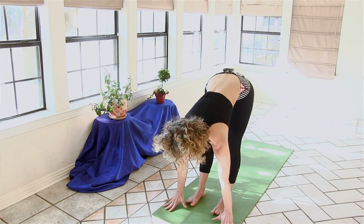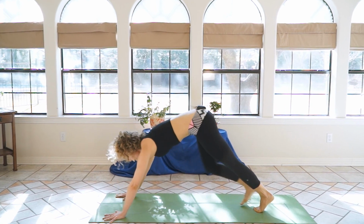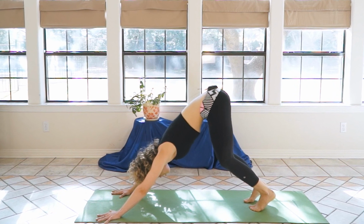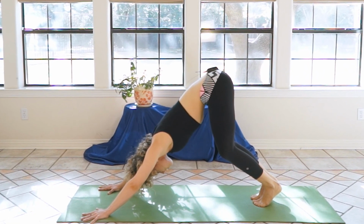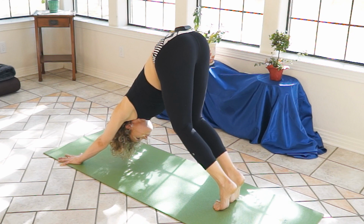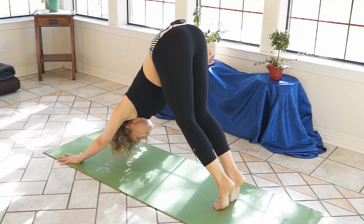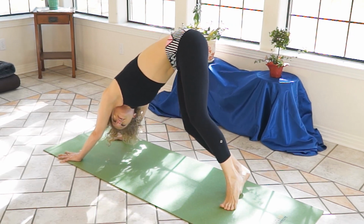Place your hands down to the mat and step your feet back into downward dog. Again, in downward dog, keep your knees bent so you're not overextending your hamstrings or over-rotating your hips. And with your heels lifted and your knees bent, you're going to spring up through your thighs, shift your heels off to the right side,